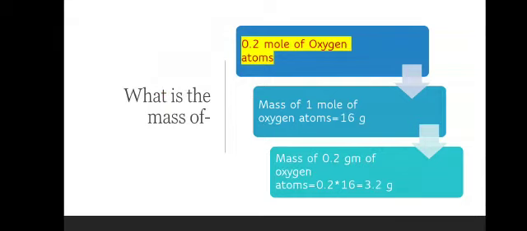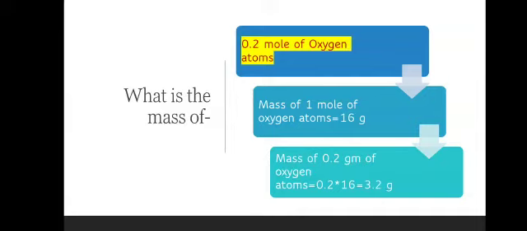For that, they have given something which is in moles. So what we need to do? Find the mass. For finding the mass, what things do we need? In the question, we need the number of moles. And what is another thing required? Molar mass. So for finding mass, two things are required. One is the number of moles, the second is the molar mass. The number of moles we will get from the question. Then the molar mass you need to find.